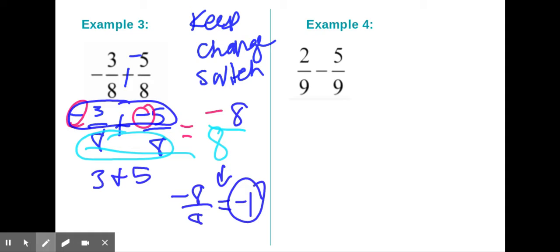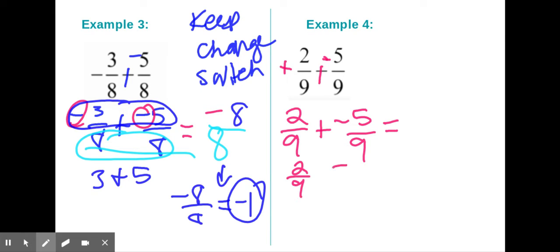Example 4, again, we want to change, switch, or flip. If we're looking at example 4, we have a positive 2/9. We're going to change that subtraction sign to addition and change 5/9 into a -5/9. So now we have 2/9 plus -5/9. We can see that the signs are different. Based on our addition rules, if the signs are different, we need to compare the two fractions. 2/9 and 5/9. Well, 5/9 is bigger, so that tells us our final answer is going to be